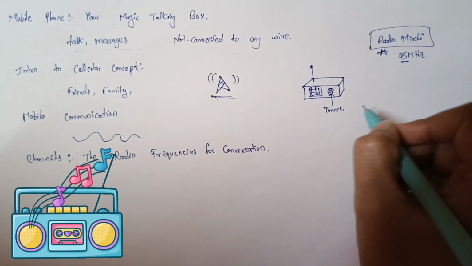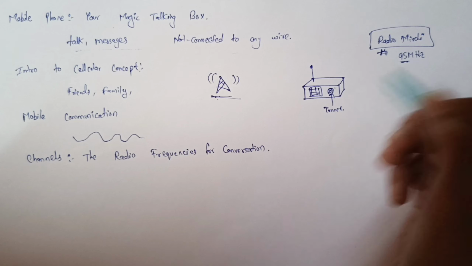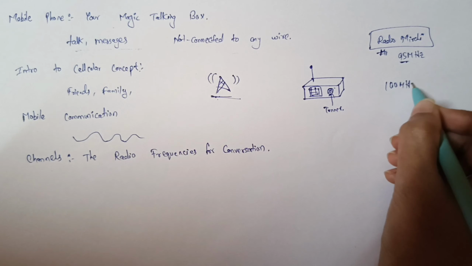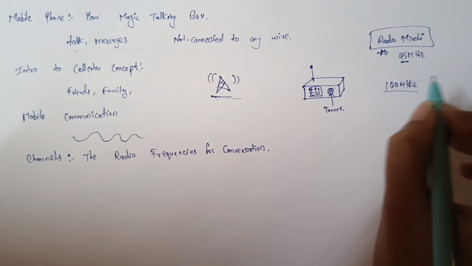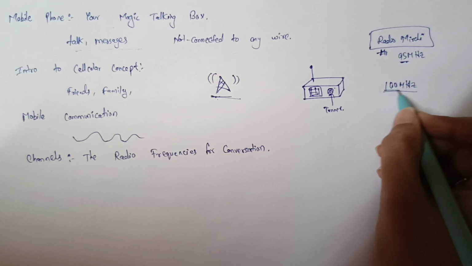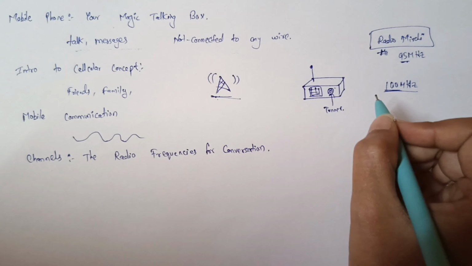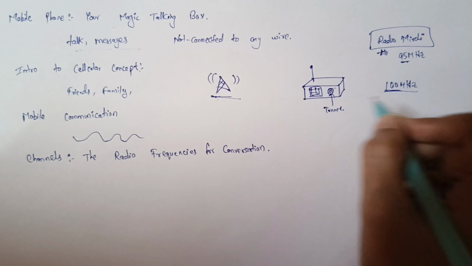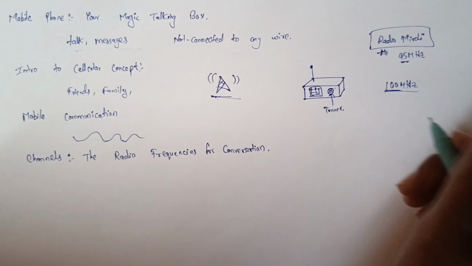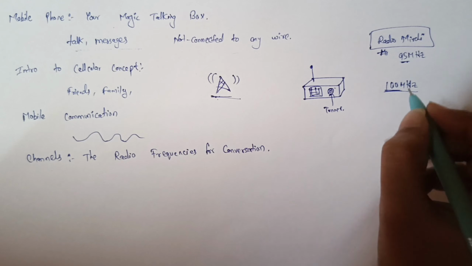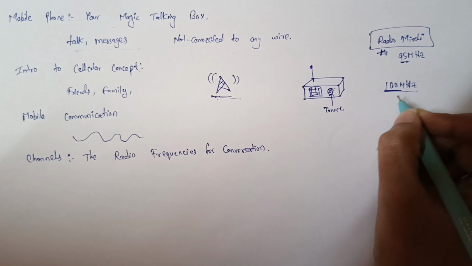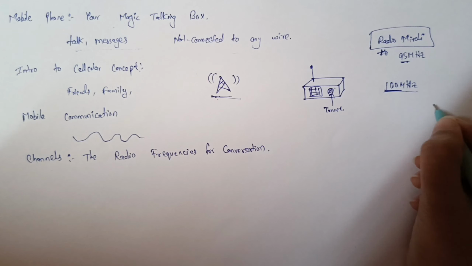Okay, now let's say you tune this tuner to 100 megahertz. So now if another channel exists on this frequency, then whatever messages are sent with this frequency, you will receive that message signal on your radio and you will hear whatever they are speaking, right? Now, how is this possible? First of all, this is a frequency and there is, let's say, this mic, and whatever the person is speaking